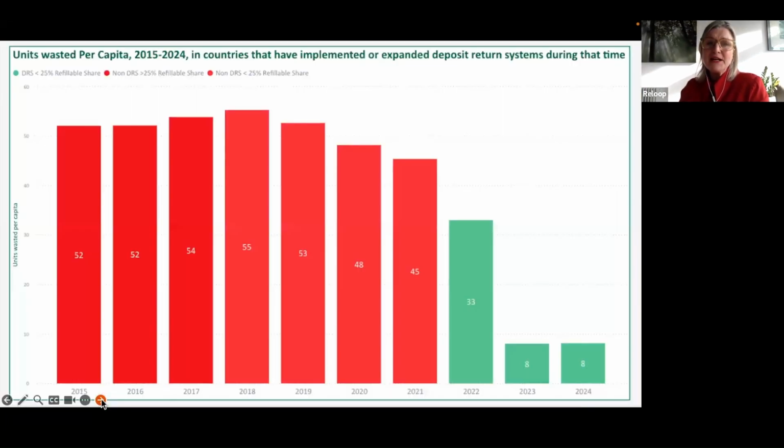In addition, in Slovakia, you can see here the bars represent the number of wasted, so non-recovered, wasted being incinerated, landfilled, or littered, per capita in the country. And you can see as soon as Slovakia introduced deposit return, that wastage figure, this is for PET, dropped significantly in a very quick period of time. So this is more evidence showing that deposit return, if designed properly, can have a massive impact on waste and